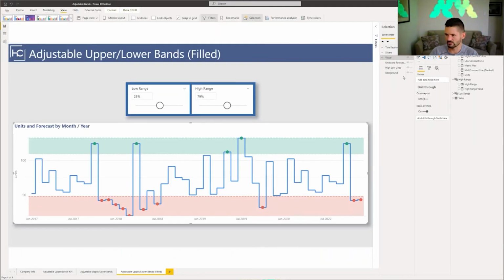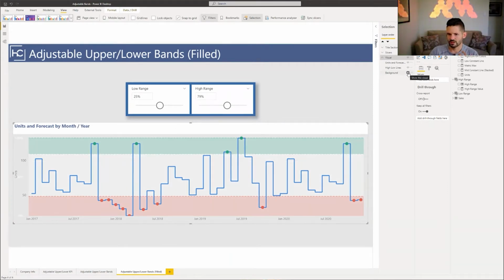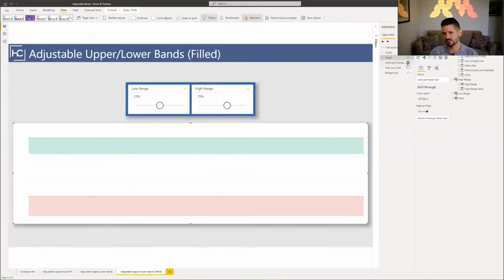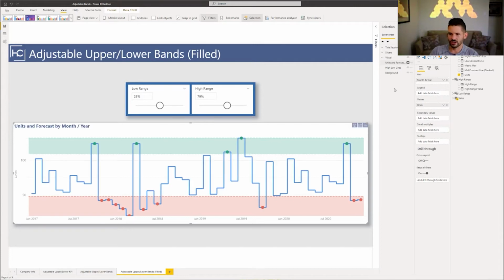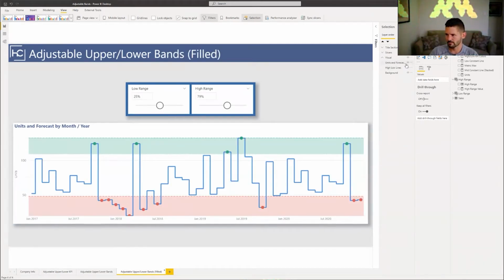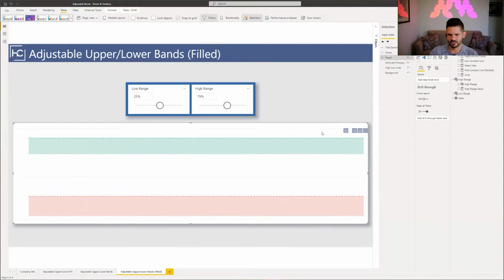So I'm going to toggle these off one at a time. I'm going to turn off the background. You notice that neither of them have a background in there. But if I hide the top visual, I actually have a second visual behind the first one that is creating my bands for me. The reason I had to do this is I tried to figure out if there was any way for me to add the bands in the same visual. The problem was the conditional formatting dots were starting to show up on other data points that I didn't want, and it basically just didn't work. So I essentially created a secondary visual. This visual itself is